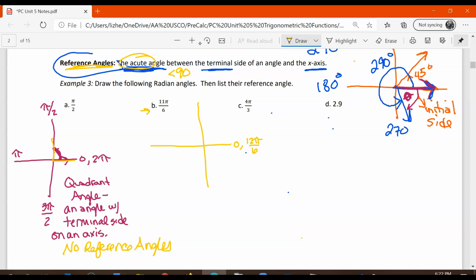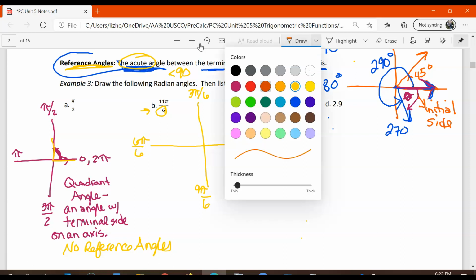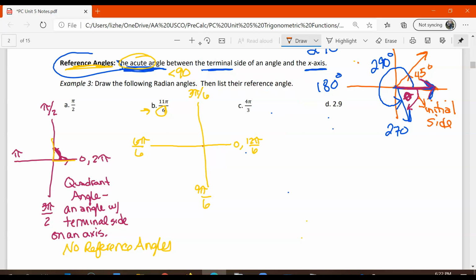And once you have the same denominator, it's a lot easier. Over here, this is pi, which would be 6 pi over 6. This is pi over 2, which would be 3 pi over 6. And then this one down here would be 9 pi over 6. So whatever this little denominator is of the angle you're trying to put on in standard position, get all those common denominators, and then you know that your angle, here's your initial side, and then the terminal side for here